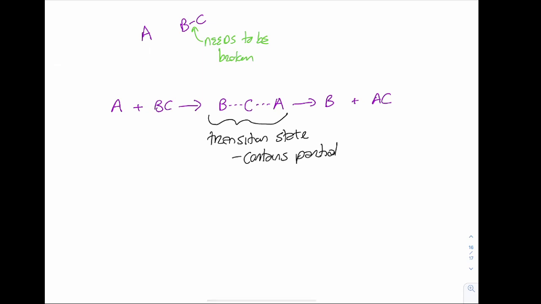So this contains partially broken and partially formed bonds, right? Those are represented by our dotted lines. So those dotted lines are representing bonds that are kind of there, right? Partially broken, partially formed. This is the highest energy